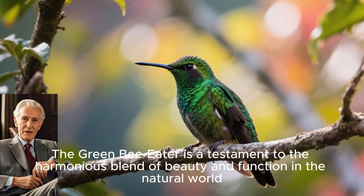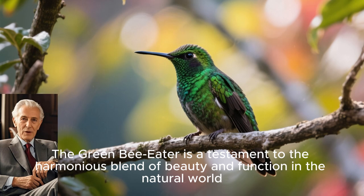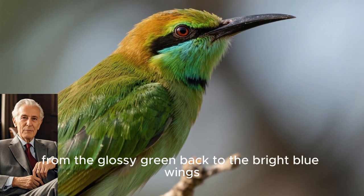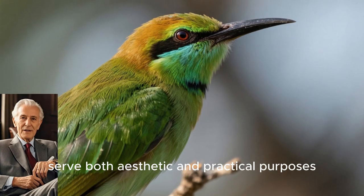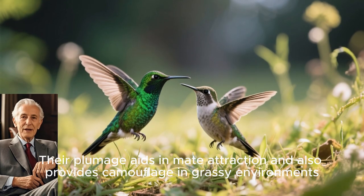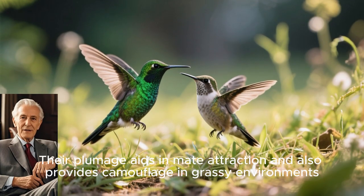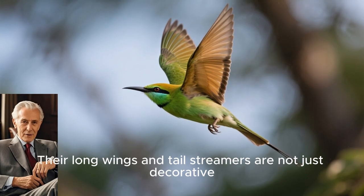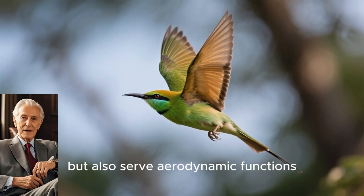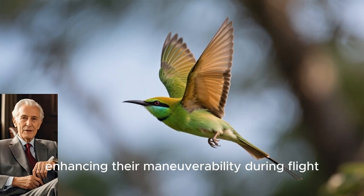Beauty and evolution in harmony. The green bee-eater is a testament to the harmonious blend of beauty and function in the natural world. Their vibrant colors, from the glossy green back to the bright blue wings, serve both aesthetic and practical purposes. Their plumage aids in mate attraction and also provides camouflage in grassy environments. Their long wings and tail streamers are not just decorative, but also serve aerodynamic functions, enhancing their maneuverability during flight. Their beaks are